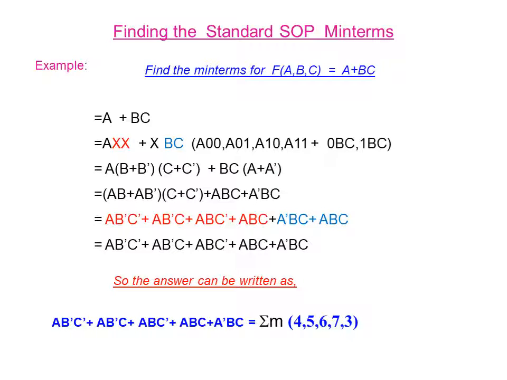Now we will do normal multiplications. Then we will check the repeated terms and eliminate them. Here the ABC and ABC, two repeated terms are present, so we eliminate one term and take one in the final answer. So this is the final expression. Now we write it in terms of decimal. A B dash C dash, we write the equivalent binary, then convert it to the equivalent decimal. Here the summation symbol represents the minterm SOP function.